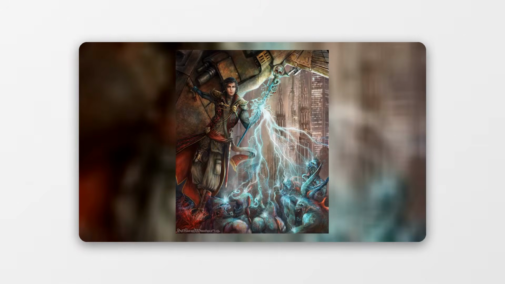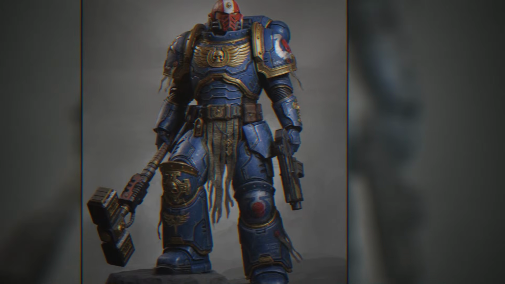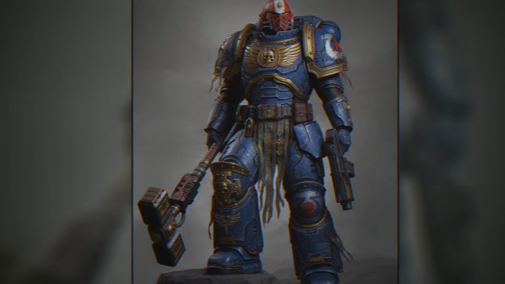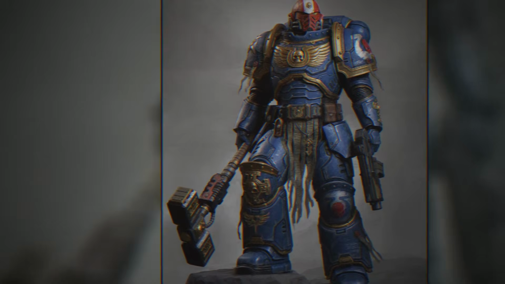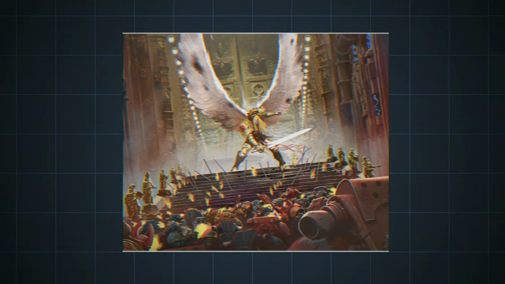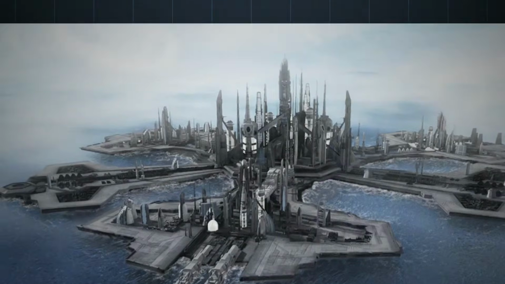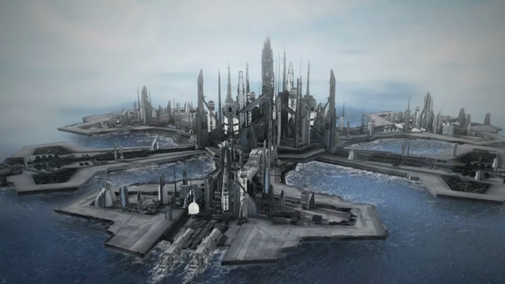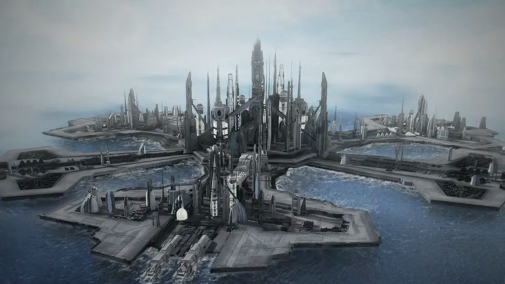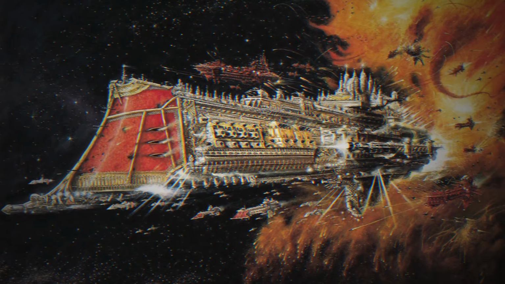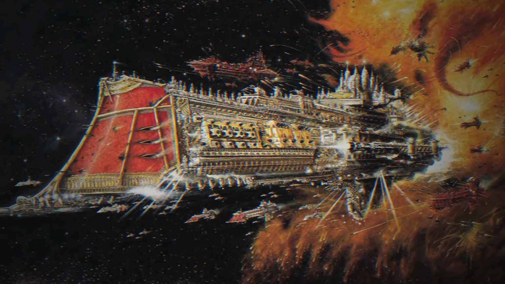The knowledge of humanity's past technological achievements, the very foundation of its golden age, was systematically lost or transformed into mere legend. The intricate blueprints for starships, the formulae for advanced weaponry, the understanding of terraforming processes all became fragmented, misinterpreted, or simply vanished. What remained were often revered as holy relics, their true function obscured by centuries of superstition and ignorance. A plasma gun might be worshipped as a divine artifact, its operation a sacred ritual rather than a piece of advanced engineering. The majestic starships that once plied the void were now derelicts, their secrets beyond the comprehension of the primitives who scavenged their hulls.